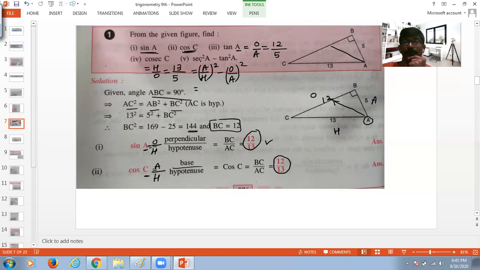Okay, so now we need sec A. So that is adjacent upon hypotenuse, that is 5 upon 13 the whole square. I hope you understood this. 5 upon 13 the whole square minus opposite upon adjacent, the whole square, that is 12 upon 5 the whole square. And then just keep doing that squaring and solving part. I guess that is very simple for you all. 5 square is 25, 13 square would be 169, and minus this will become 144 upon 25 and so on. I guess after this you will be able to solve it. This will become 125.